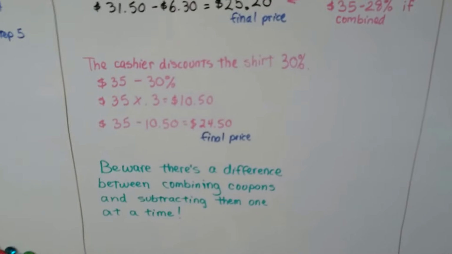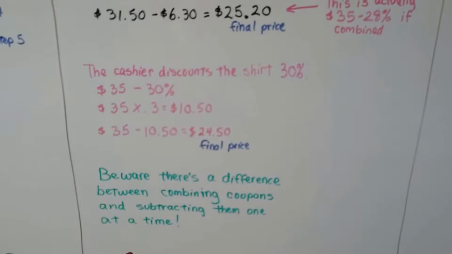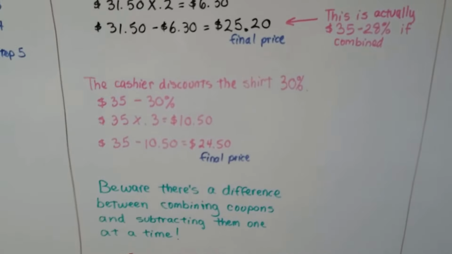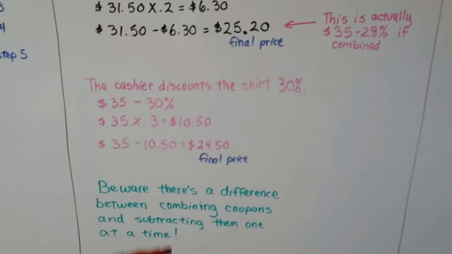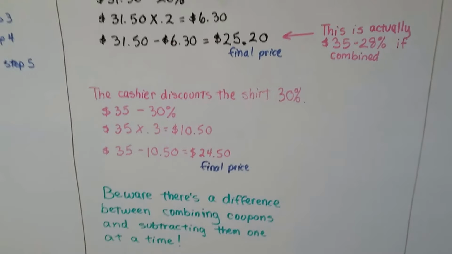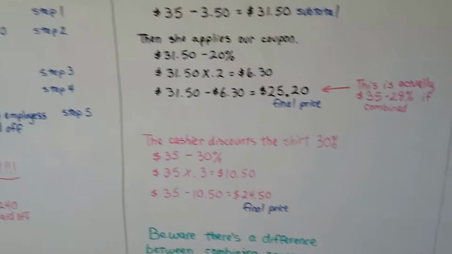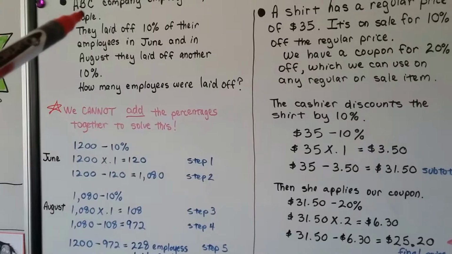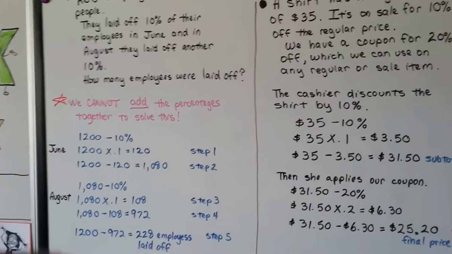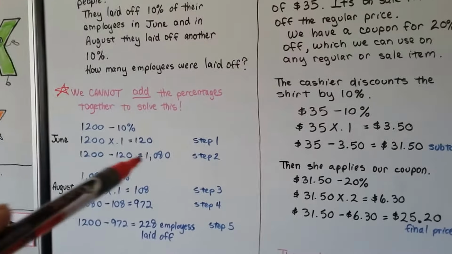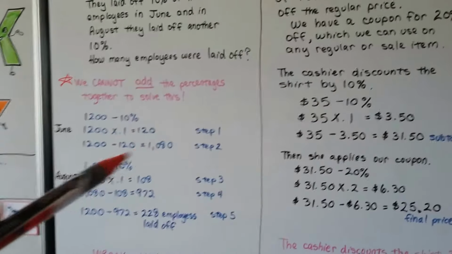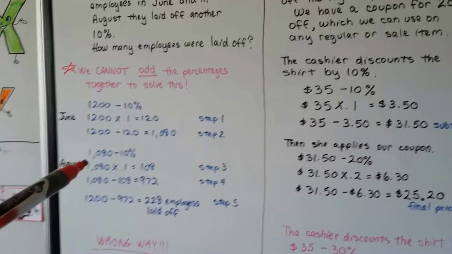Beware there's a difference between combining coupons and subtracting them one at a time, okay? If they combine the coupons, you're going to get a cheaper price. They usually don't do that because they're in the business for money, right? So remember, when you see problems like this, you need to do them one step at a time. You need to take away 10%, get a subtotal, and then take away 10% from that subtotal, because that's different,